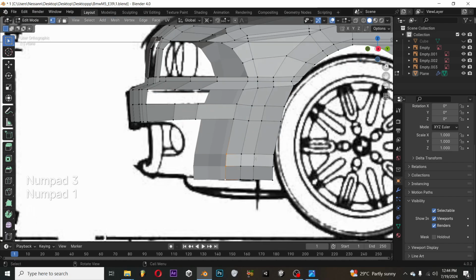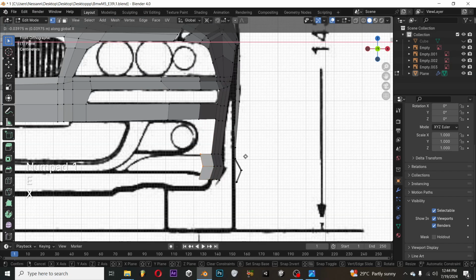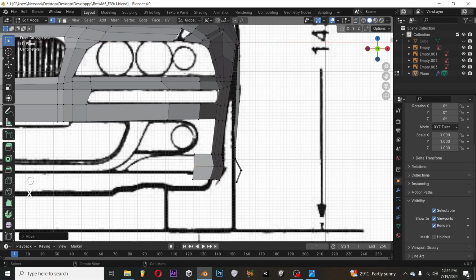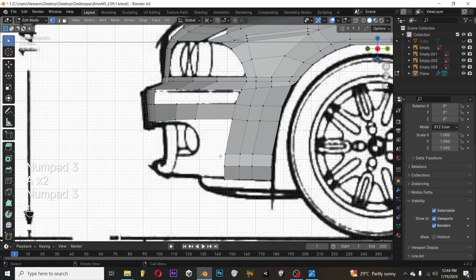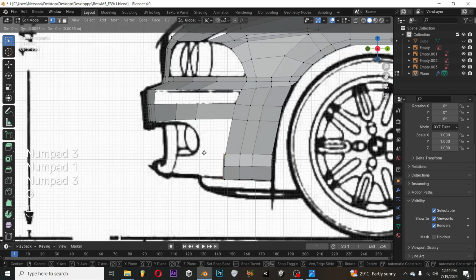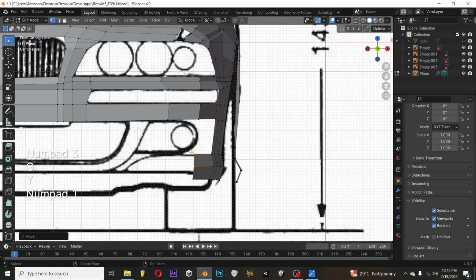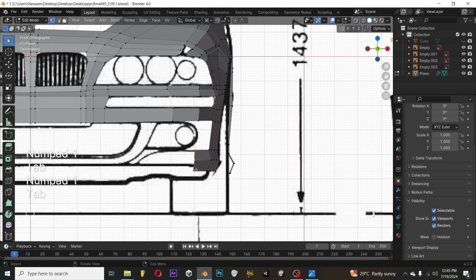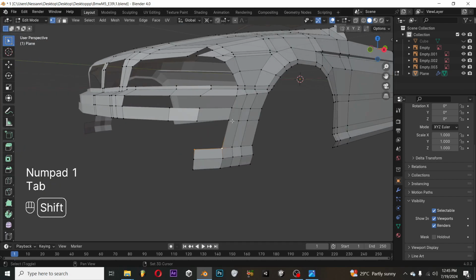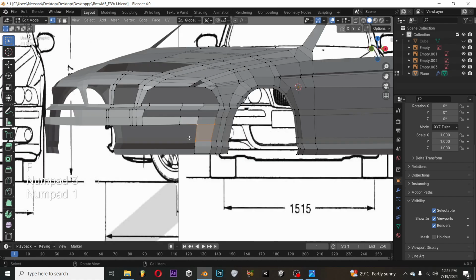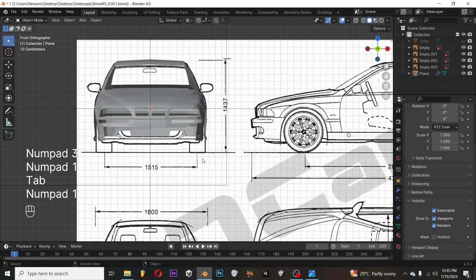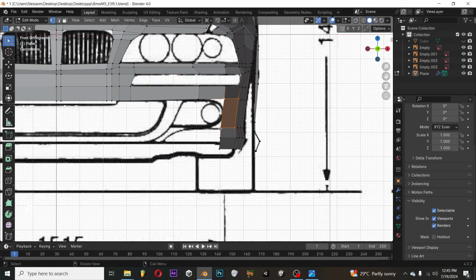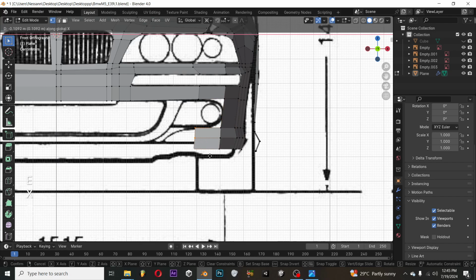Now I want to extrude these 3 vertices on the x-axis like this to this corner of the little thing. Selecting these vertices and bringing them out here. Next, we can select those 4 vertices and create a face. There you go. Next, gotta extrude these 3